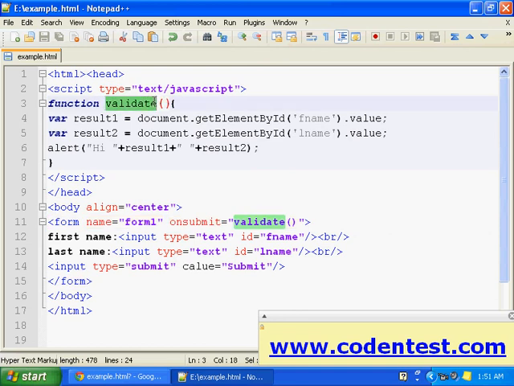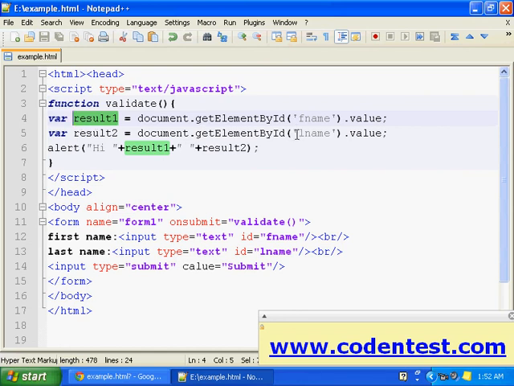This function validate is called, and first name is accessed using its ID fname. This document.getElementById fname.value, the value the user enters, is accessed using value. The statement document.getElementById fname.value will have the value entered in the first name text box, and we are assigning that value to result1.